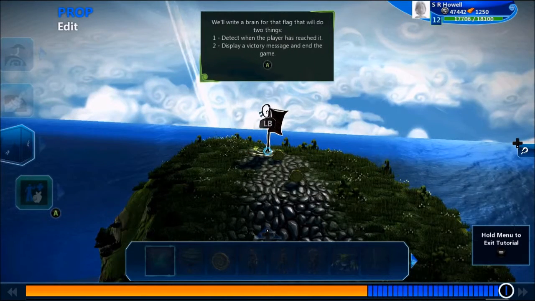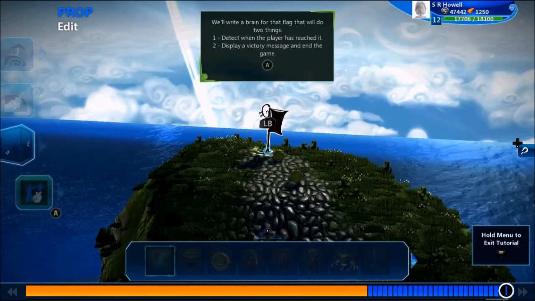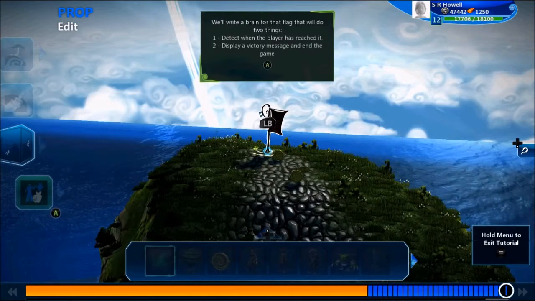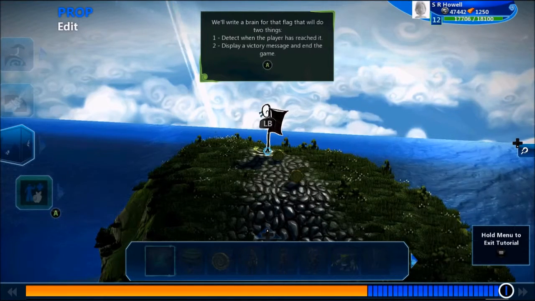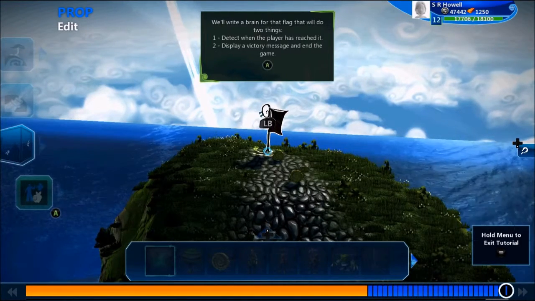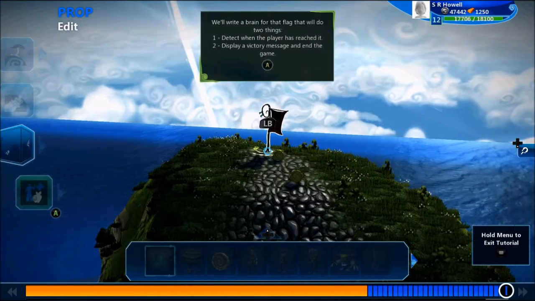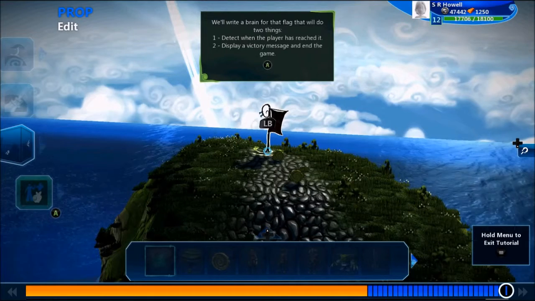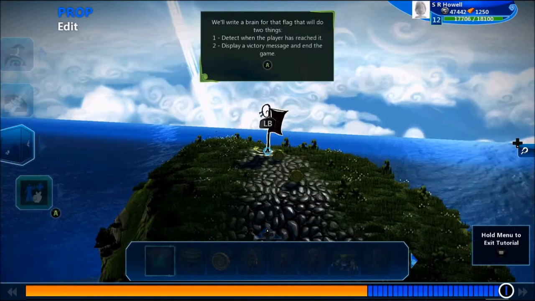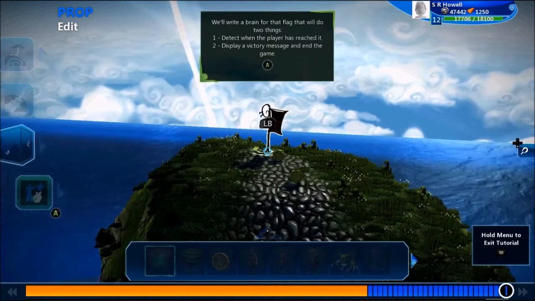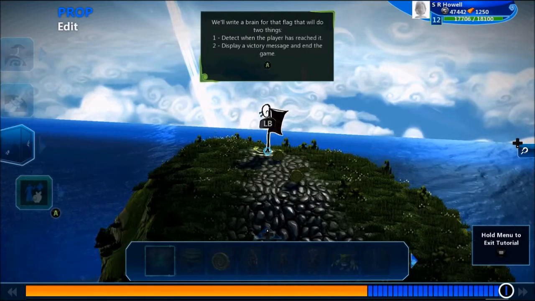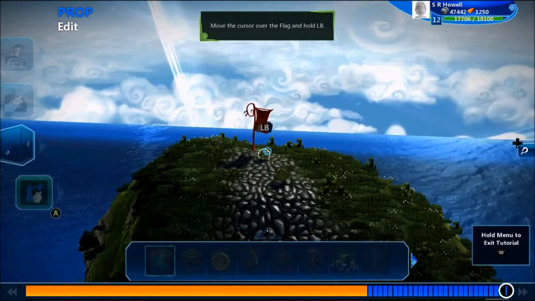Now we can actually put a brain on the flag. You can put a brain on almost any object. You could make a coin think it's a monster. You can do all sorts of cool things with brains. But on this flag, we're going to do two things. We're going to detect when the player has reached it, and we're going to display a victory message and end the game. Okay, so we move our cursor over the flag,